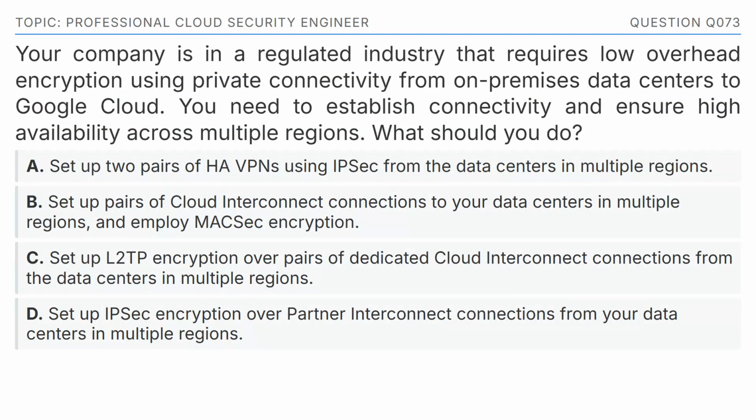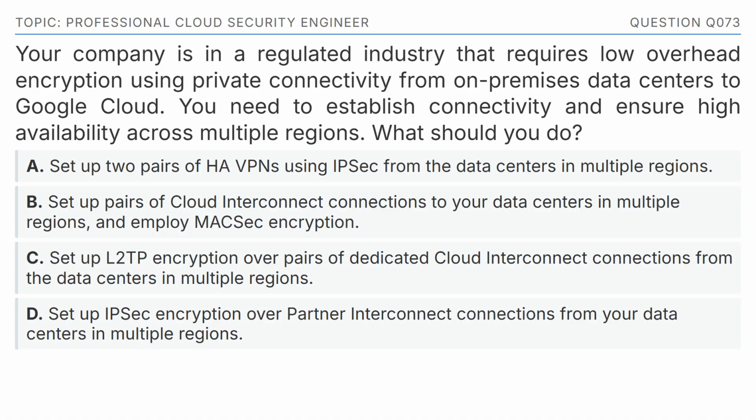Your company is in a regulated industry that requires low overhead encryption using private connectivity from on-premises data centers to Google Cloud. You need to establish connectivity and ensure high availability across multiple regions. What should you do? The options are: Option A, set up 2 pairs of HA-VPNs using IPsec from the data